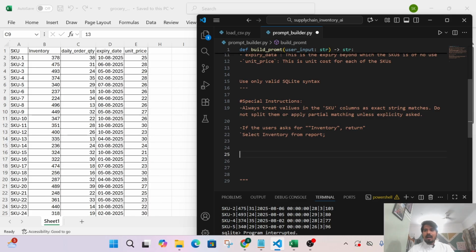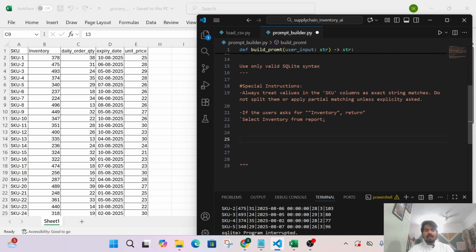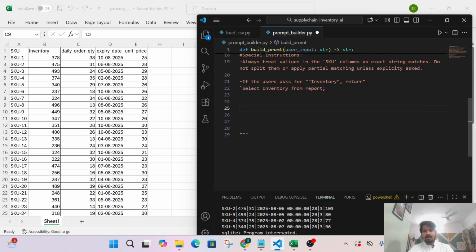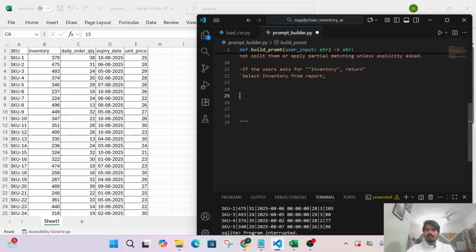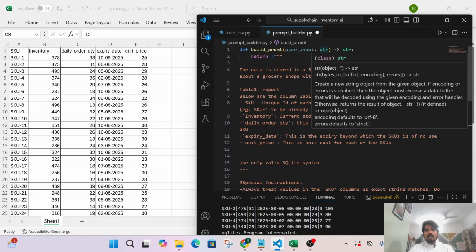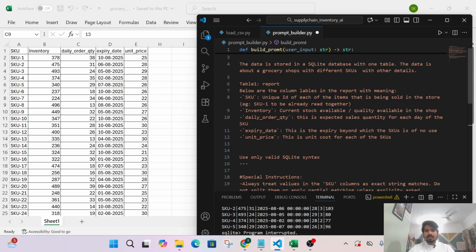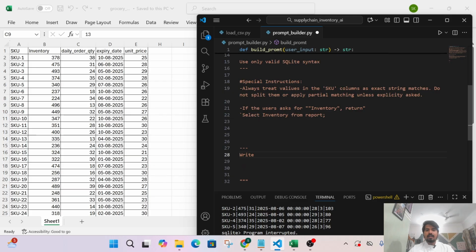I'll add a lot of questions here, not only inventory but a lot of questions, and we'll share this entire thing with you. Just make sure that at the end of this, you kept on defining whatever is possible. Now you need to tell the function or the prompt that when you get a user input which is a string, and the output is also a string, go through this entire thing first. This is like an index. Go through the entire index. Now write the correct